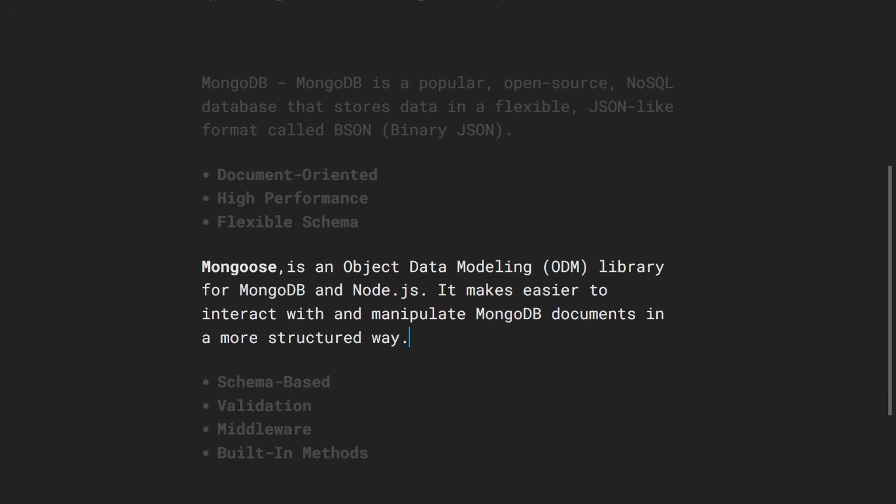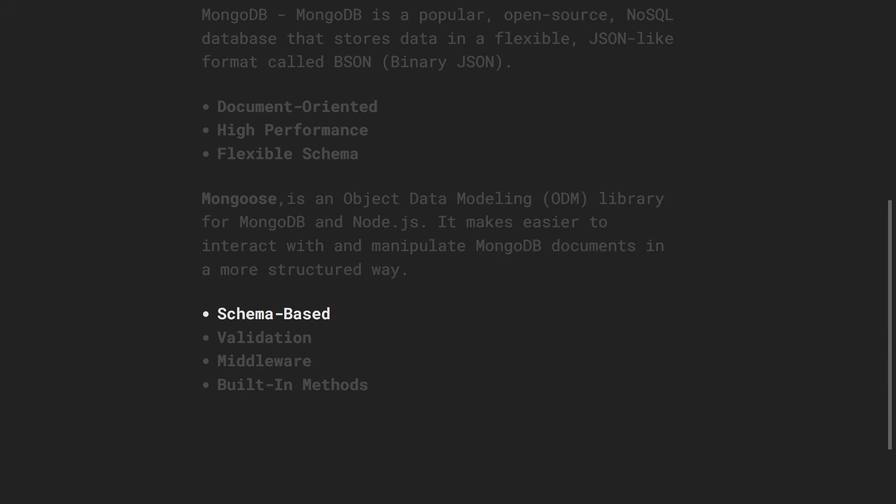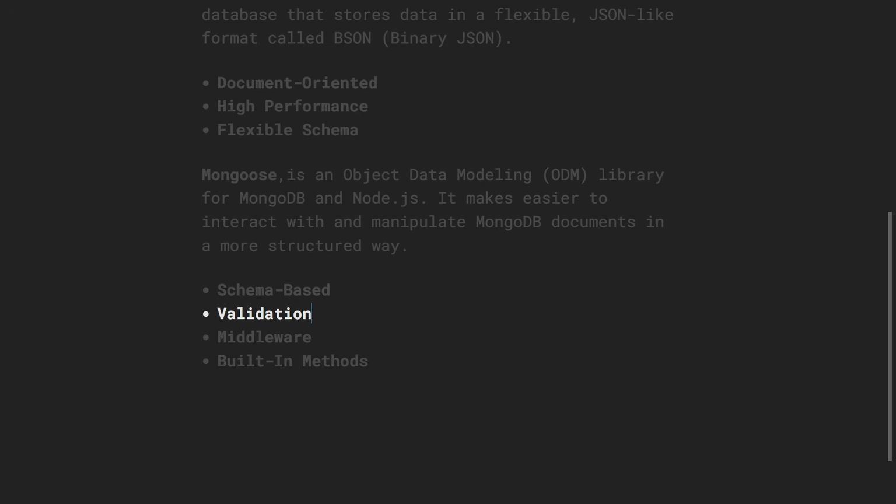In this one, we have multiple features like schema based, where we can create a predefined schema, and using that we can store our document and we can apply multiple methods. After that, we have validation, where we add multiple validations for each of our properties. For validation, we can use the predefined validation properties like required, min, max, length,